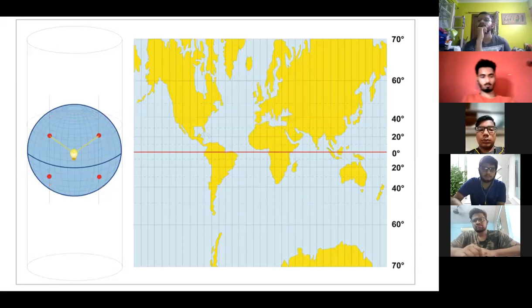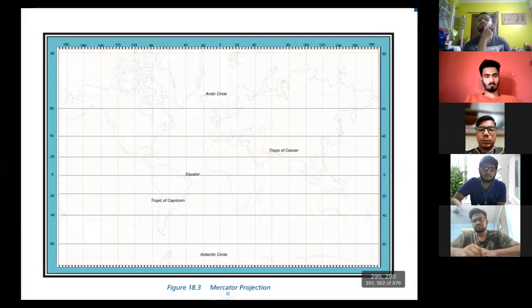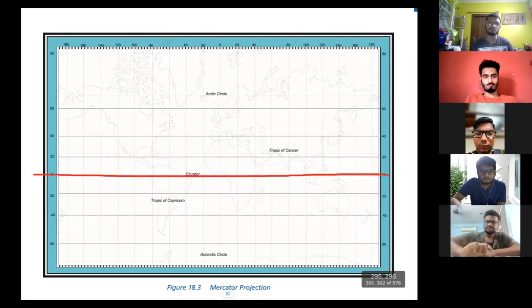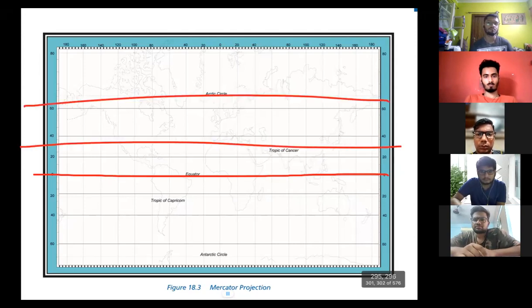So if you want to see how an actual chart looks like, this is what an actual chart looks like. It is a complete actual chart that is used for flying. This chart is used whenever you want to fly somewhere at the equator. But we don't fly at the equator most of the time. We usually fly somewhere in the mid latitudes, somewhere here and somewhere here. So for that reason, we use a different chart called Lambert's conical projection chart.